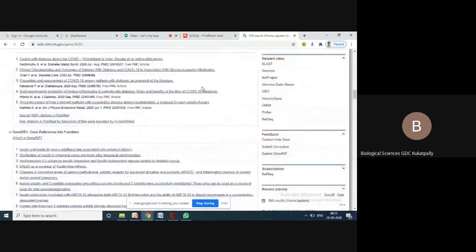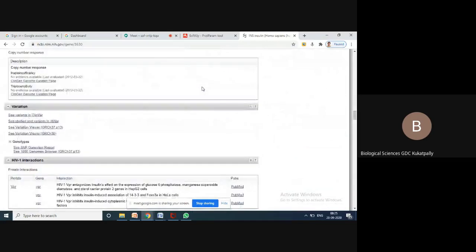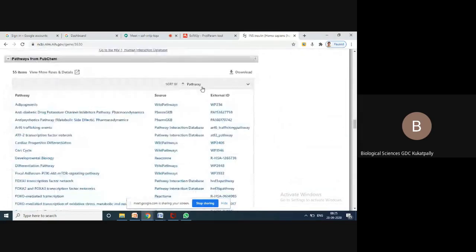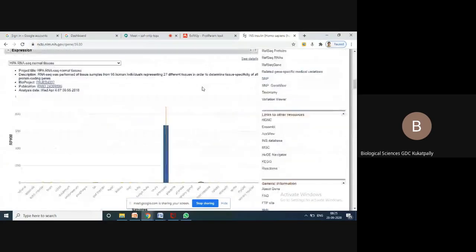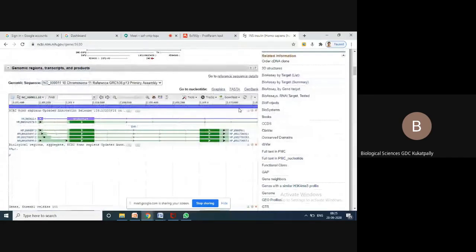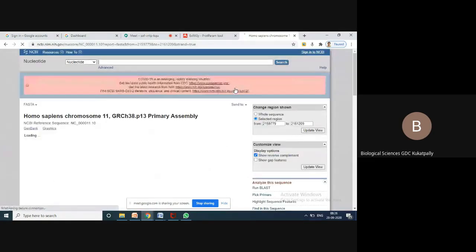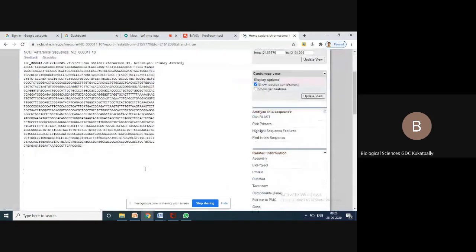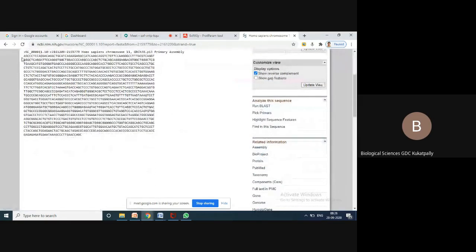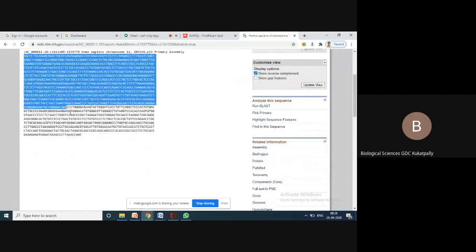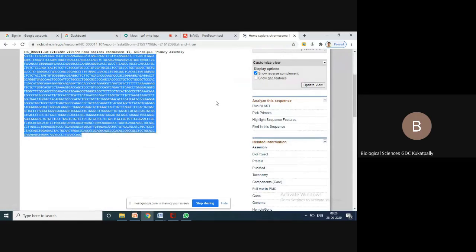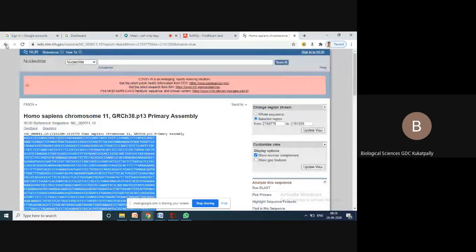Then if you scroll down the page, you will get the related information. Yeah, here itself, you have some information. So ATGC, just now I showed you how to get ATGC. If you click on FASTA format, you will get these ATGC sequences, whatever I showed you just now. I copied this way and pasted it in one Word file.